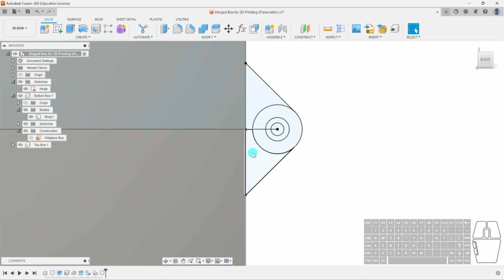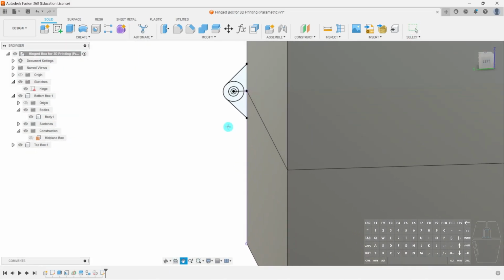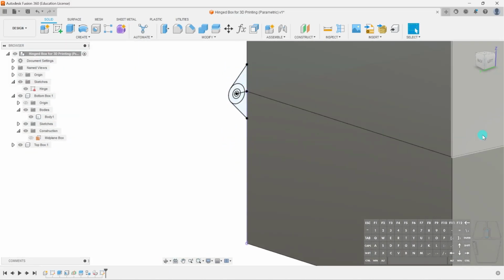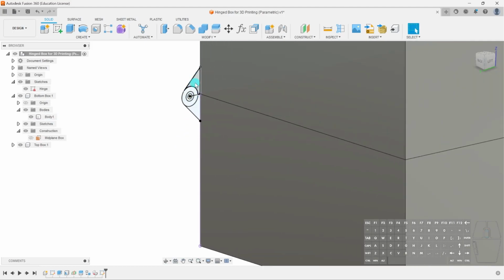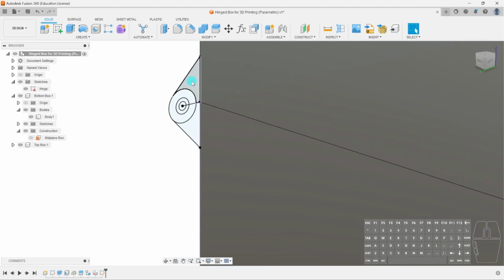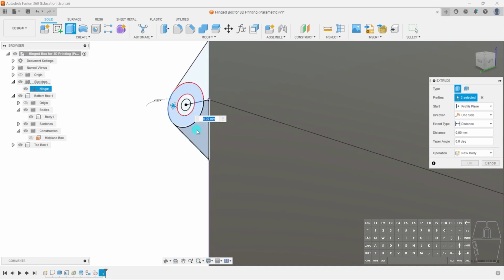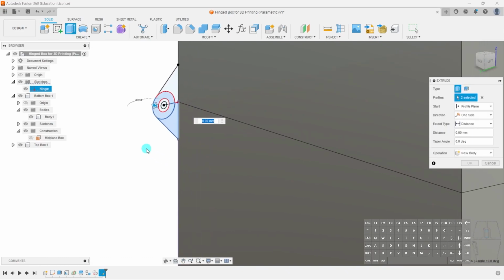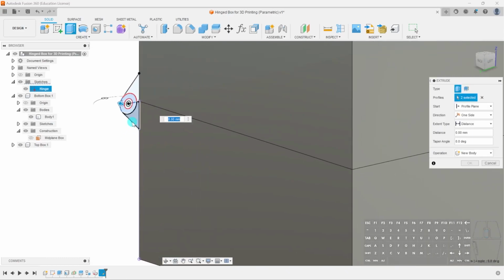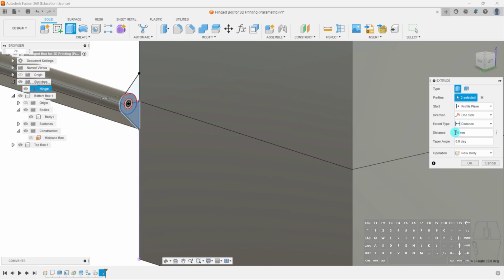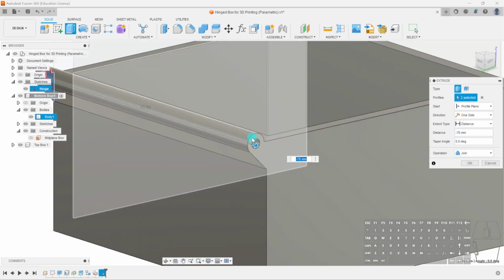Okay, so now what I want to do is I want to extrude this body all the way to this face, right? Now I know that my face is, the length of my box is 70. So in this case, what I'm going to do first is I'm just going to hit E, and I'll select, not the first one, sorry, the bottom one. And I'm not going to select the inner circles because this is going to be part of my box. What I'll do is I will, instead of typing 70, which, oops, in this case negative 70, to do this,